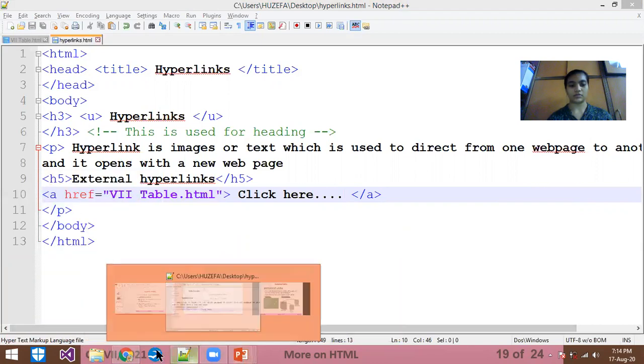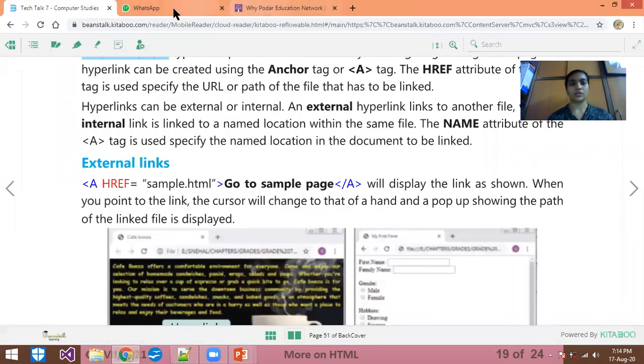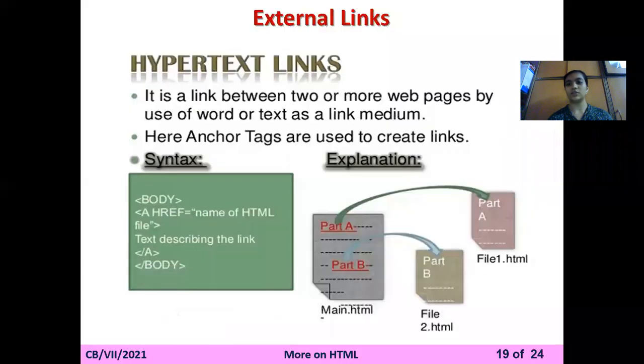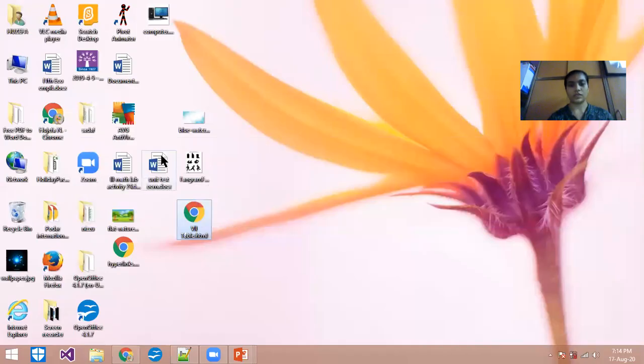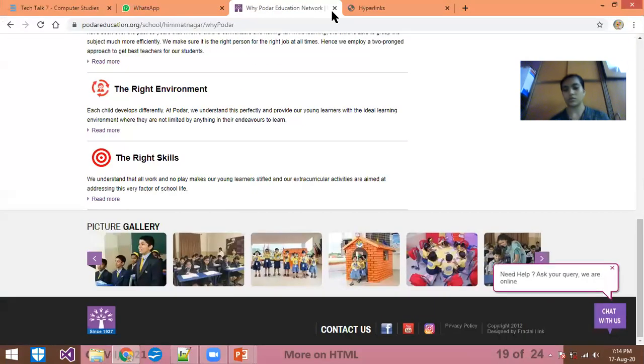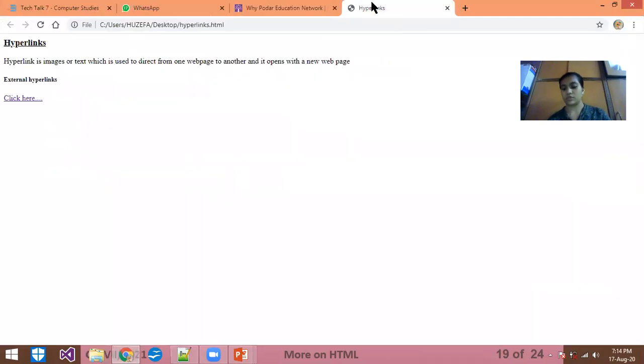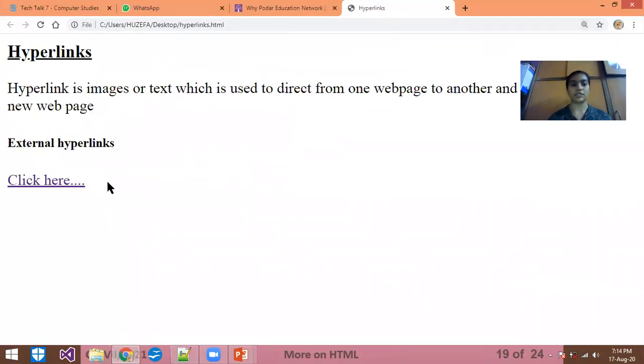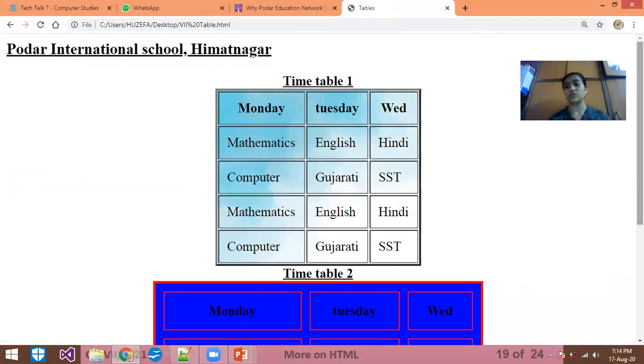And output will be here. Sorry, I just forgot to open it. Named is hyperlinks.html. So you can see on the web page, that is the click here, and it comes in a different color, purple color, and whenever I go to other text, a simple arrow will be here. Whenever I go to the click here, it will show the hand, and whenever I click on that, you can see the previous web page that I made will be here.